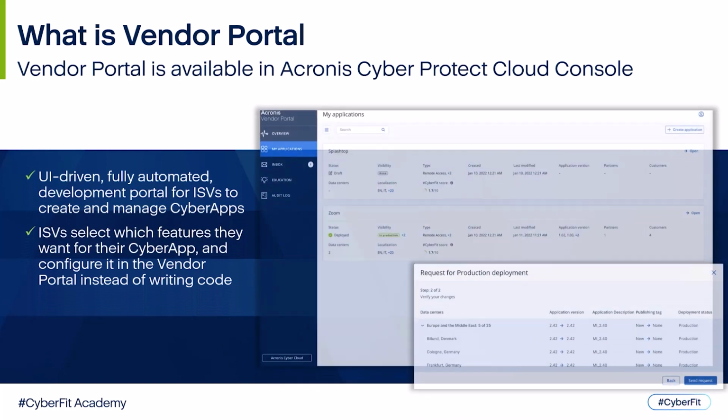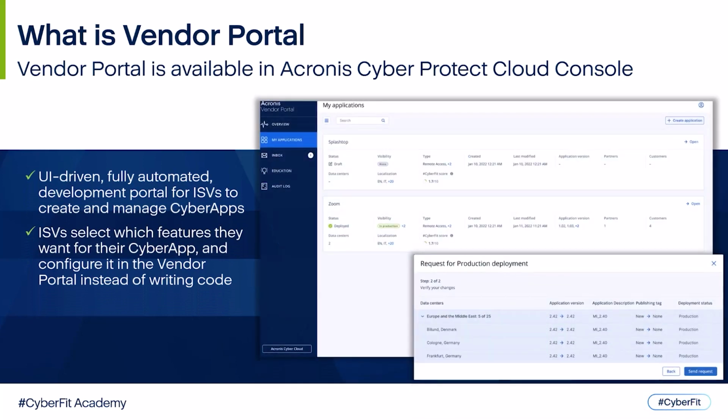What is Vendor Portal? Simply put, Vendor Portal is a web-based portal, where ISVs create and manage CyberApp. All the content and objects of the integration are created and managed in the Vendor Portal. It is like filling in the blanks. You select what you want in the Vendor Portal, name it, configure it, test it, and release it, all from the Vendor Portal. All the ISVs will have their own instance of Vendor Portal, where they can create and manage